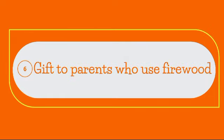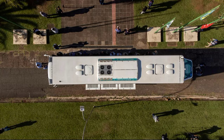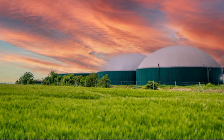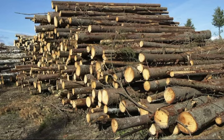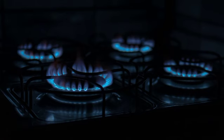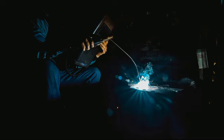Gift to parents who use firewood. The advantages of implementing a biogas system reach beyond individual homes. In regions where firewood serves as the primary energy source, families have the option to present this technology as a gift to their parents or elderly relatives, to decrease their dependence on depleting natural resources. Given the increasing scarcity of firewood and its role in deforestation and air pollution, gifting a biogas biodigester becomes a meaningful and environmentally sustainable gesture. This not only assists older generations in decreasing their dependence on depleting natural resources, but also mitigates their exposure to the bad effects of indoor